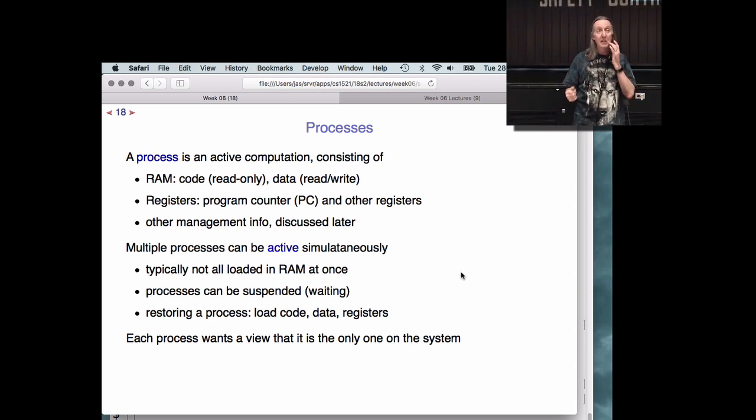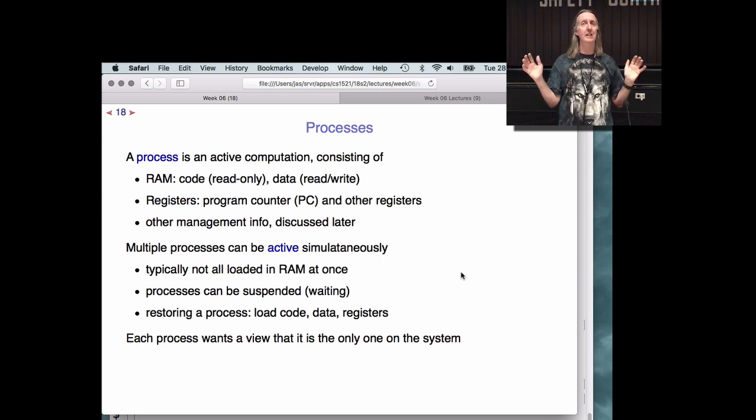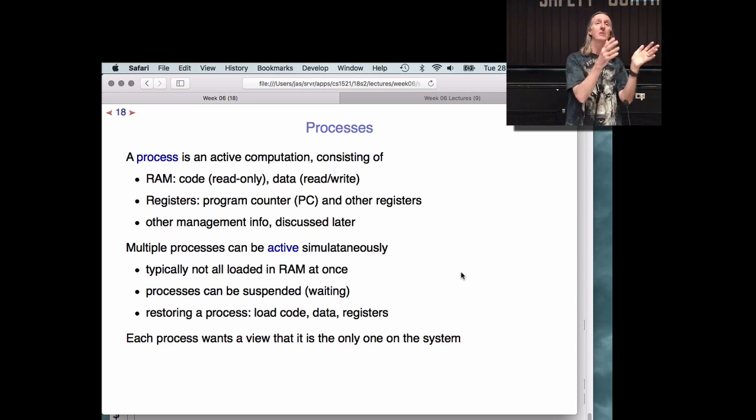So clearly, when a process is suspended, its runtime state isn't sitting in the registers in the CPU. What's happening in the CPU registers is whatever the currently active process is doing. So if a process gets suspended, we have to somehow store the entire current execution state of the process. So all the registers have to be saved somewhere. All of the data, all of the variables, the contents of the stack, all have to be saved somewhere,